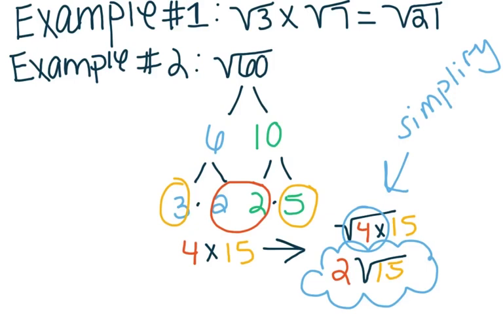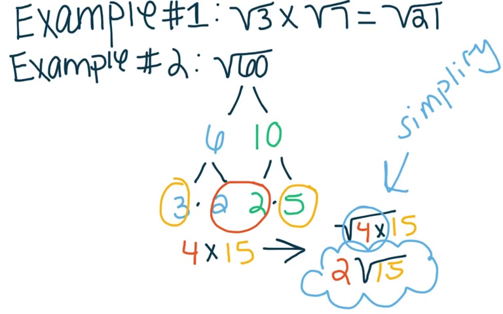Our second example is radical 60. You simplify radical 60 by 6 times 10, and 6 can be simplified by 3 times 2. Then you simplify the 10 by 2 times 5. You color code the 6 and the 10 so you know your different types of simplified numbers. As 6 is simplified by 3 and 2, and 10 by 2 times 5,